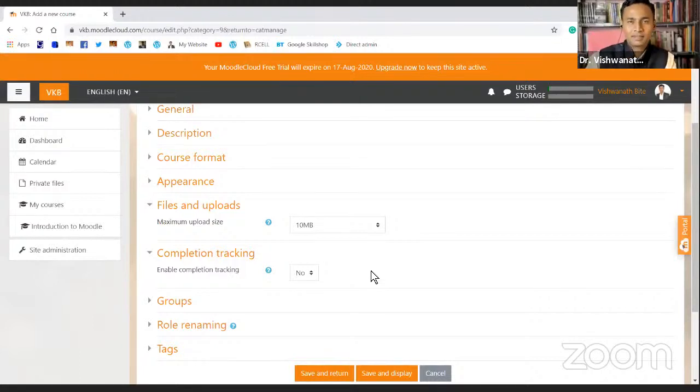But there is this option in almost all learning management systems that teachers can track your progress, whether you have completed just one section or the entire course. I will always recommend enabling completion tracking, so that as a teacher we will be able to see how many students are actually completing modules.